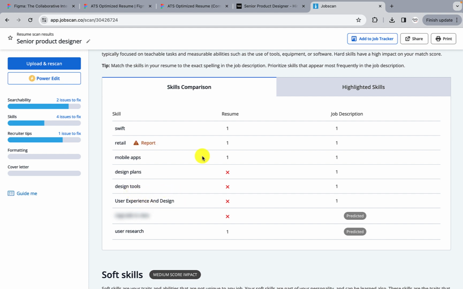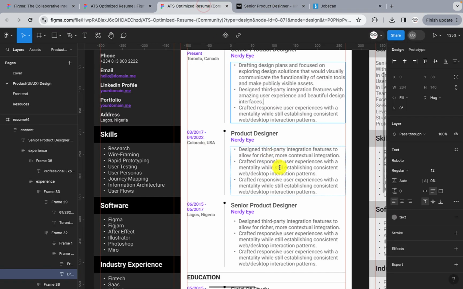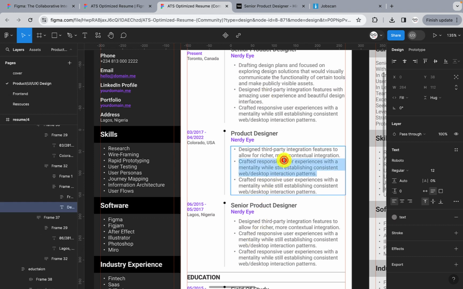So design tools, right? We have design plans, we've done design plans, not done design tools. So we need to do design tools and user research. All right, let's go and optimize that. Design tools and user research. So basically, I just duplicated all of these things. Of course, you could see that my description is not well written because I'm just doing it for this particular video. So let's add